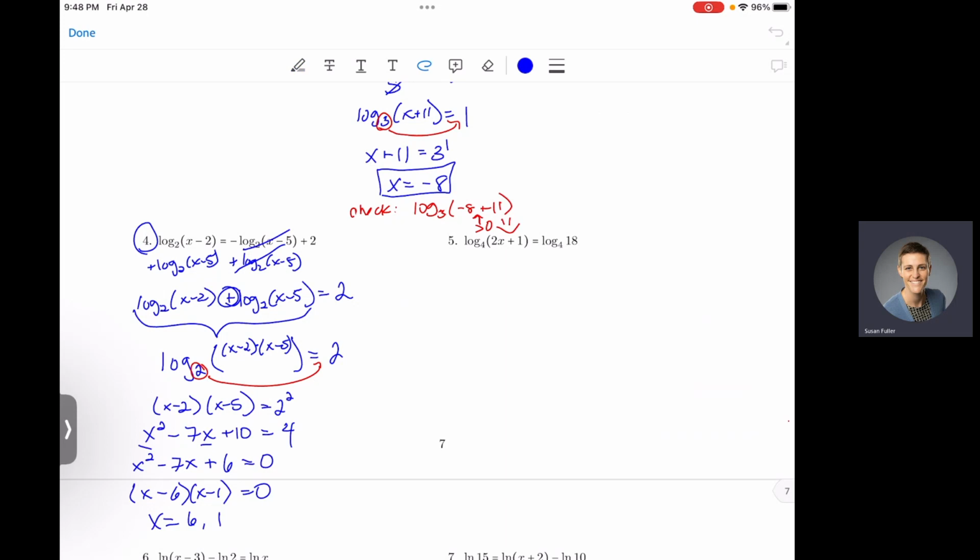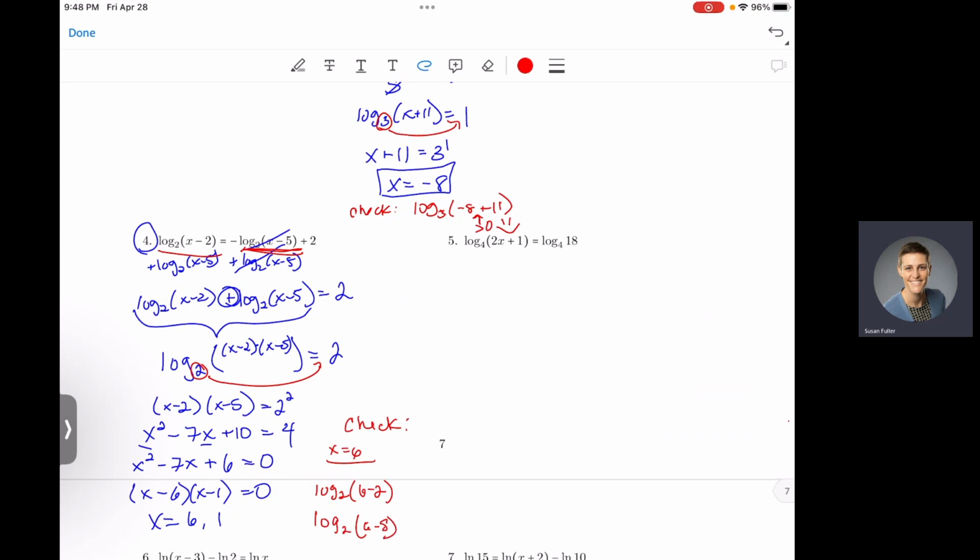All right, and this is a log. Don't forget, we have to check these. You have to check both of your solutions in all of your original logs. So if I check x equals 6, I'm going to plug it into both of my logs here. So log base 2 of 6 minus 2. And if I plug it into the second one over here, I would have log base 2 of 6 minus